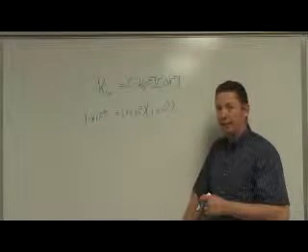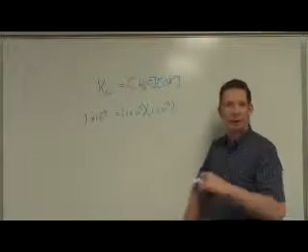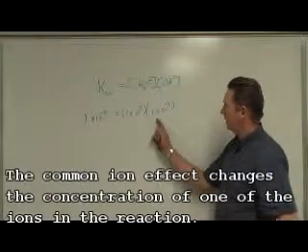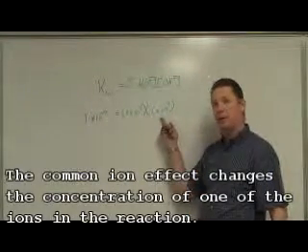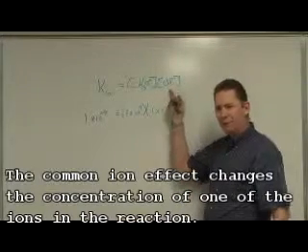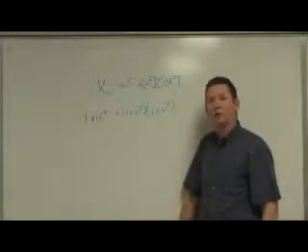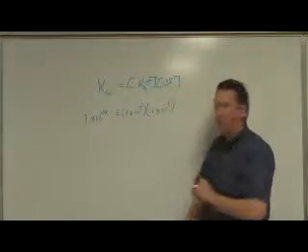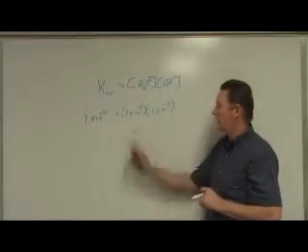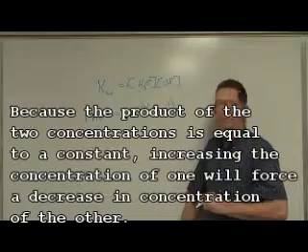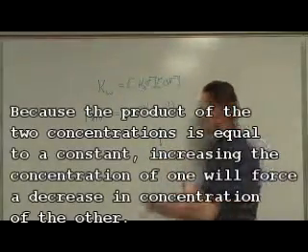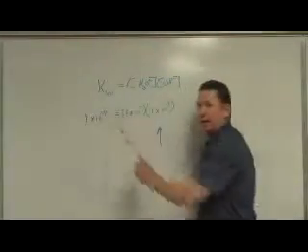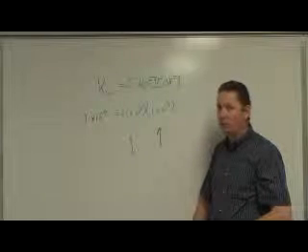But if you remember the common ion effect, and how as we increase one of the ions from a different source, it affects the entire reaction. So what would happen here if I dumped in something like sodium hydroxide into this mix? If I dump sodium hydroxide in, that's going to change the concentration of the hydroxide ion. So if I increase the concentration of the hydroxide ion, what's going to happen to the hydronium ion? It's going to decrease. So as one goes up in water, the other one has to go down, because their mathematical product always has to equal 1 times 10 to the negative 14.